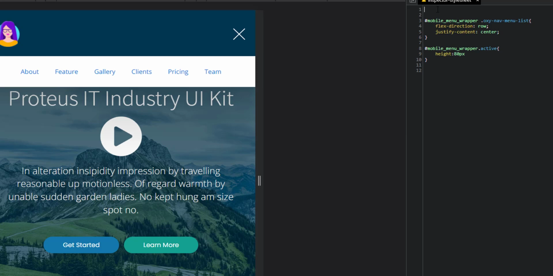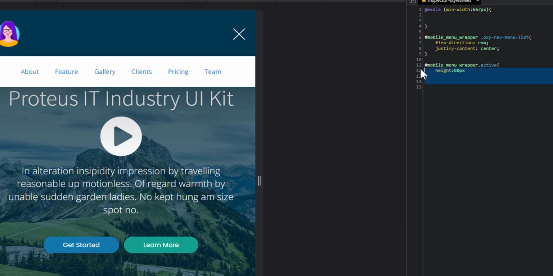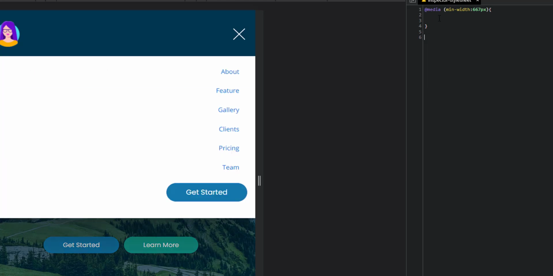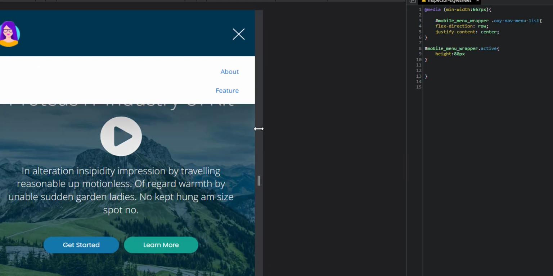So I'm going to say at media, minimum width 667 pixel. You can adjust that to suit your taste, and then I'm going to copy this and put it there.